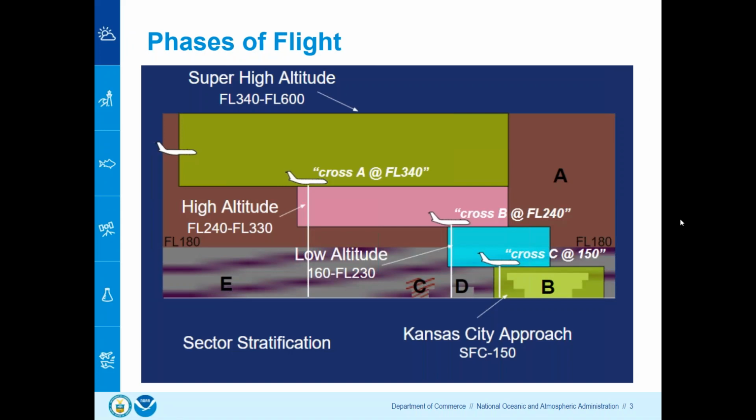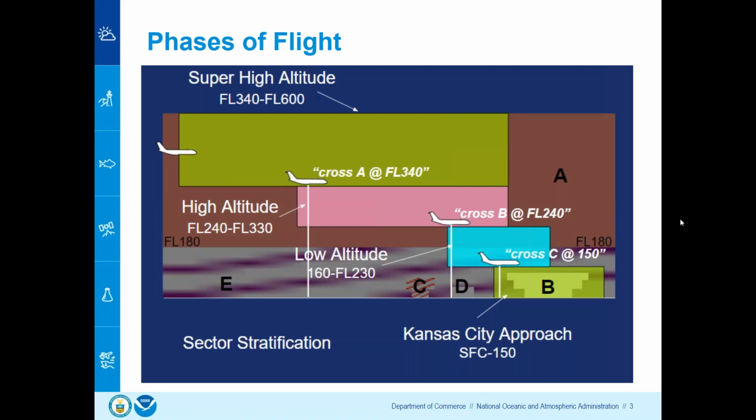So I have on here just a little reminder of the phases of flight and what actually happens when you fly in an airplane. Everybody is familiar with the tower. This is just Kansas City specific for the tower in this example. When you take off in your airplane, the pilot is talking to the tower, and they will get you up into the air, and they will pass you off to a TRACON, or a terminal radar control facility. They'll handle that middle distance shortly after takeoff, up to about 15,000 feet.